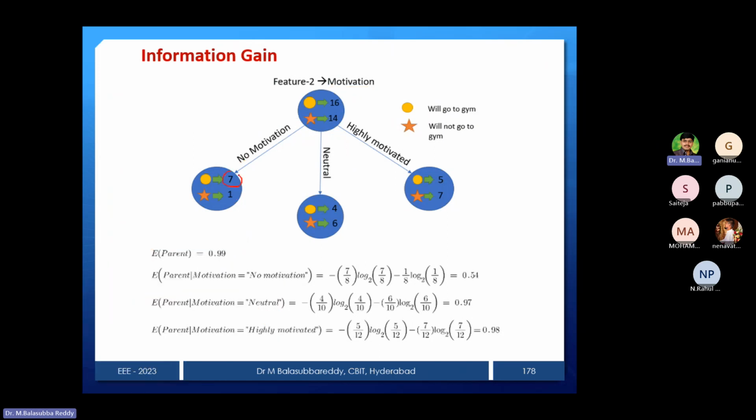For no motivation, the positive class is 7 by 8 and the negative class is 1 by 8. Similarly for neutral, the positive class is 4 by 10 and the negative class is 6 by 10. Then for the high motivation case,